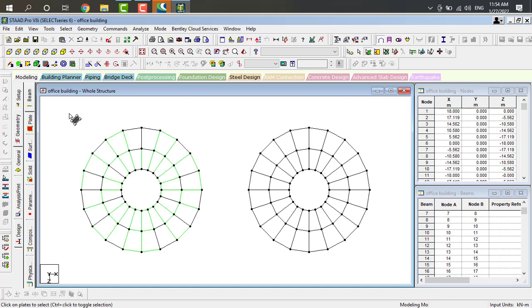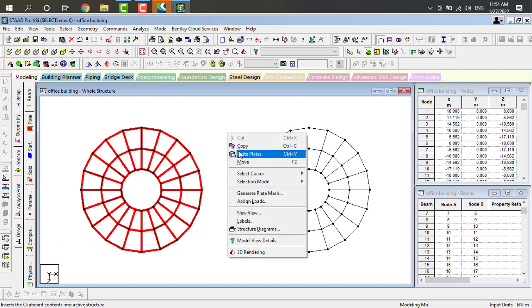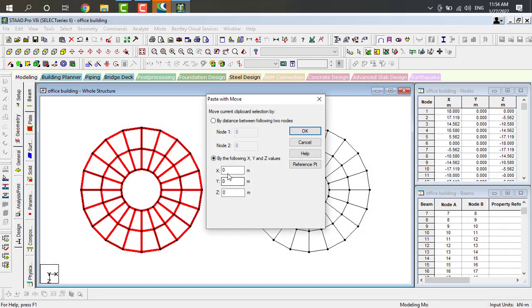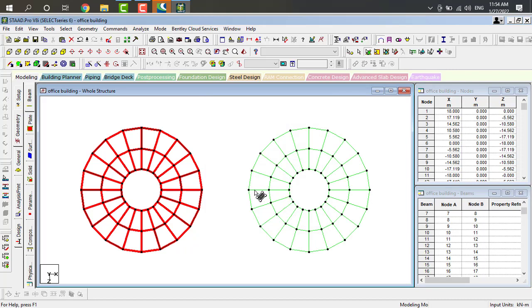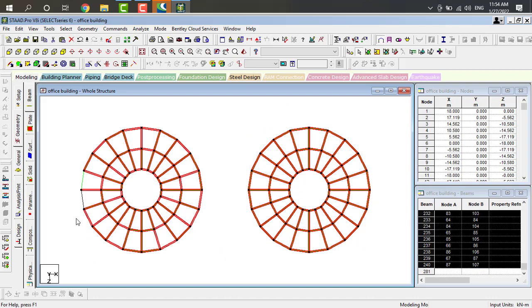Just take plate cursor and select all the plates here and again click on copy and then click on paste plates. This is also in X direction. Just use the same direction, same distance. Okay. Again these are all seen in 3D rendering.